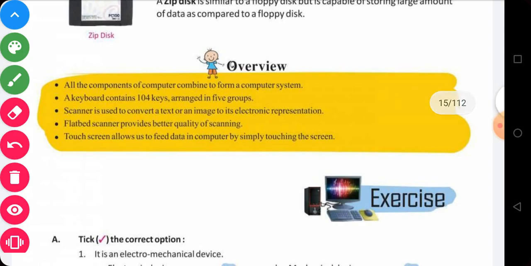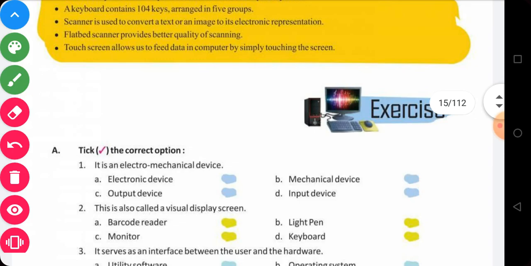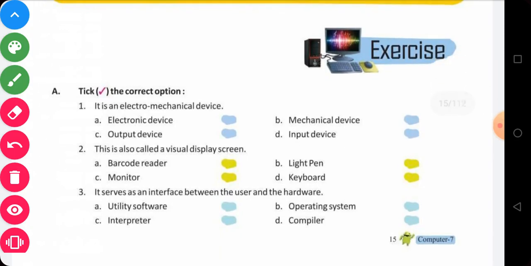So we have completed the whole chapter. What we have learned so far in this chapter: we have learned what is a computer system, what is its hardware, such as input device, output device, what is its language processor, and the types of language processor. Types of language processor are generally three: interpreter, assembler, and compiler. And we also know the types of computer memory, that is two types mainly. First one is primary memory. Primary memory is of two types, RAM and ROM, and the second one is secondary memory. Examples: CD, DVD, floppy, hard disk. These are examples of secondary storage